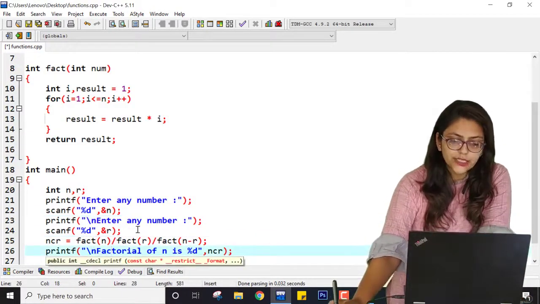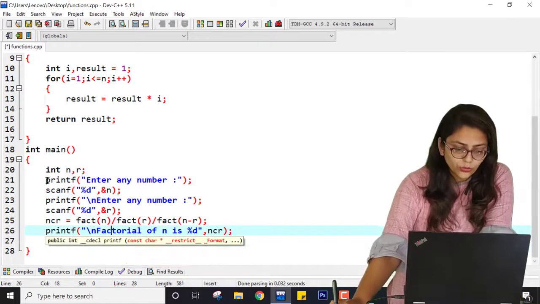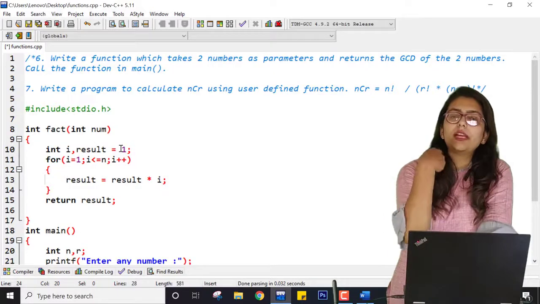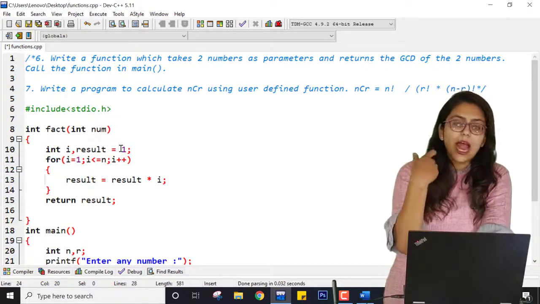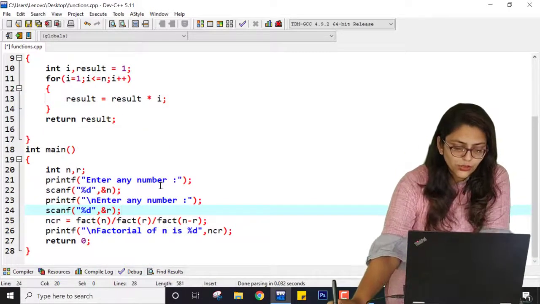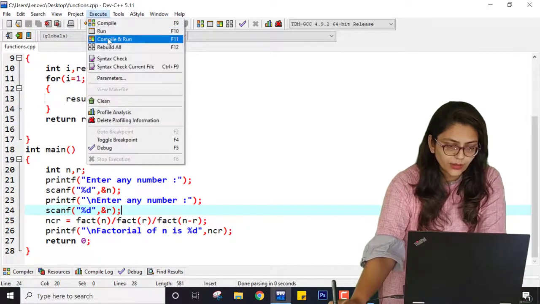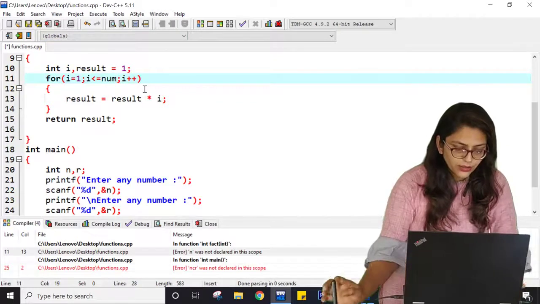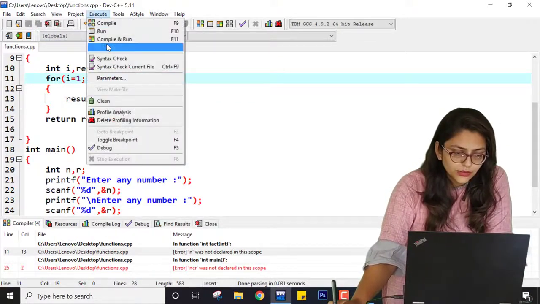But the calling function is factorial of num. So make sure you know that here I have taken 2 values from user, but for factorial I am just giving it one single number for which I want to find the factorial. So now let me save this program and compile it. Here instead of n it will be num. I hope you guys understand.